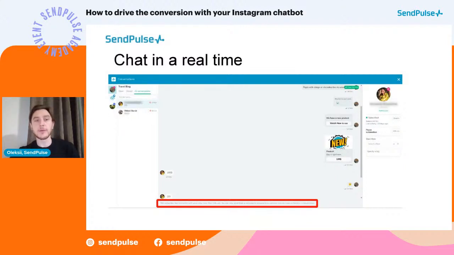So it's up to you, if you have time, or a representative who can provide support by phone. So yeah, you can do that right from here, from the chats tab. Of course there are sound notifications, and there are pop-up messages that will appear. So you can use the desktop version like